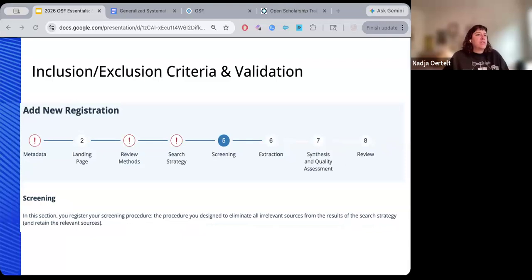The other section that's important to note for scoping and systematic reviews on this generalized systematic review template is the inclusion and exclusion criteria. So this is in the screening section of the template. And for systematic reviews, you'll typically be working within some kind of structured framework for defining things like population or intervention or exposure.